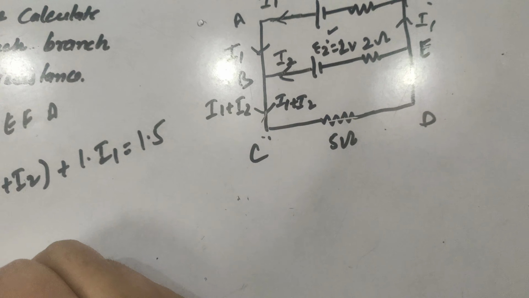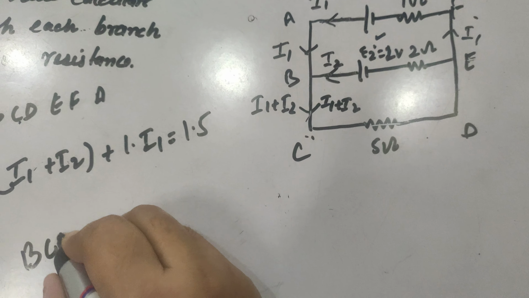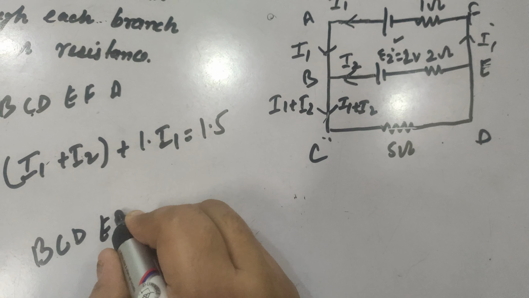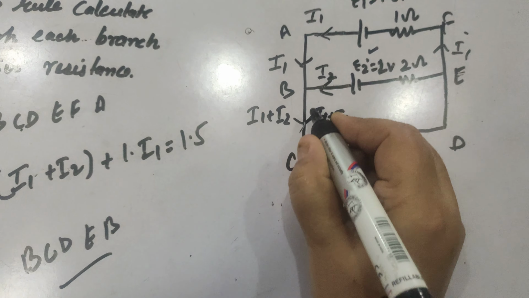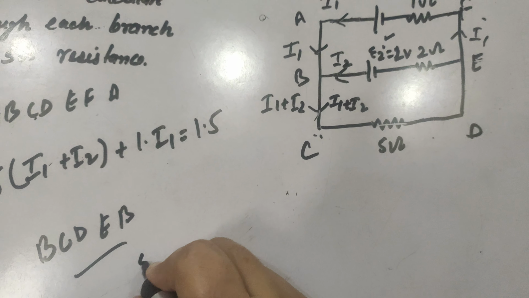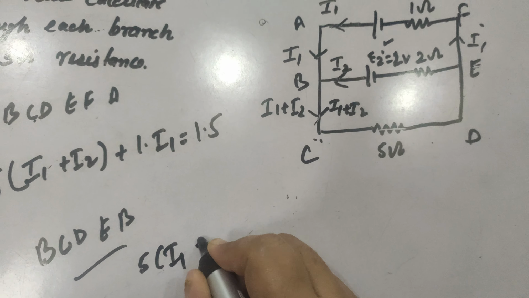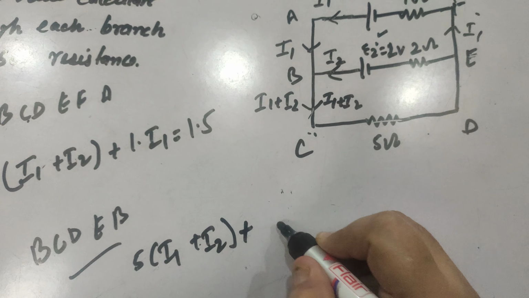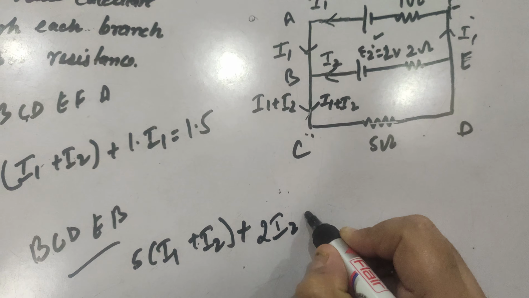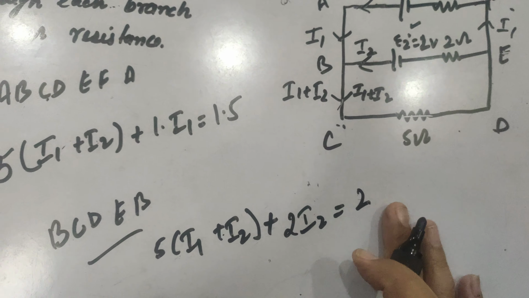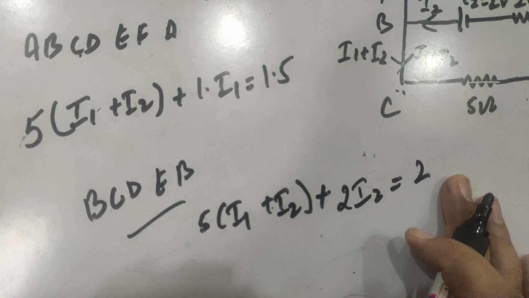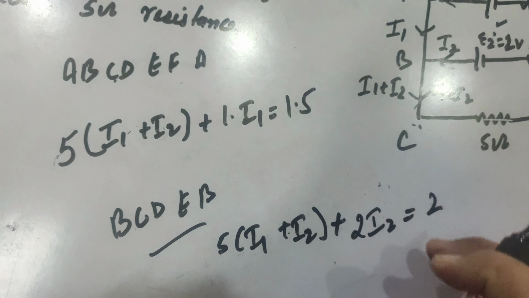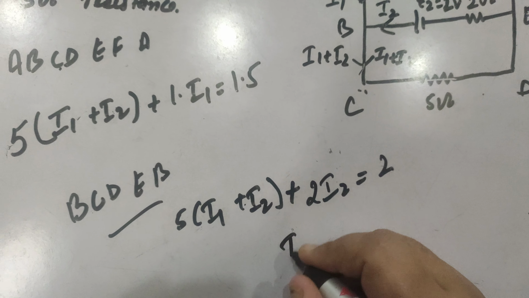Similarly, we can use the loop B, C, D, E, B. When we traverse this loop, 5 into I1 plus I2 plus 2I2 is equal to 2 volt. So we have two equations and we can solve them to get the values of I1